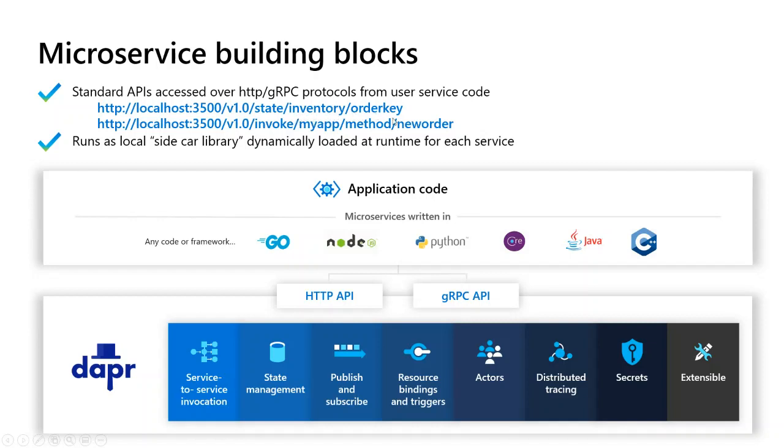And this is the key. If I run this URL, it's a GET request, which will return me the value for that particular key. The second is for invocation. So if I have this Dapr running locally,